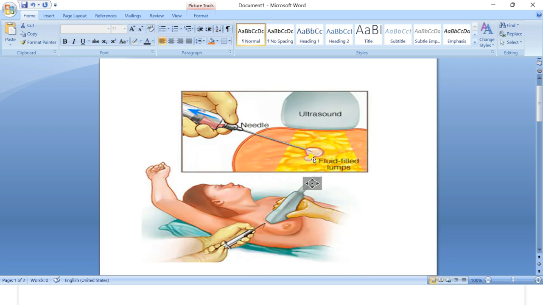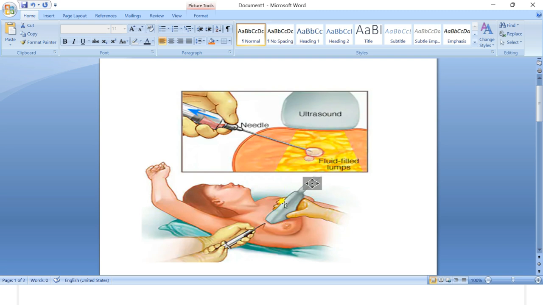So the doctor wants to know what that is. So what will the doctor do? He will remove the fluid with the help of a needle, under guidance. So what is that guidance? It is nothing but ultrasound guidance, CT guidance, magnetic resonance guidance. Like that he will take some support.